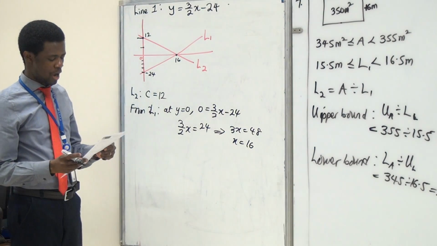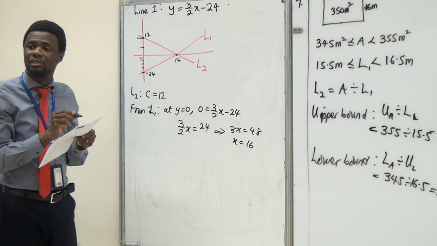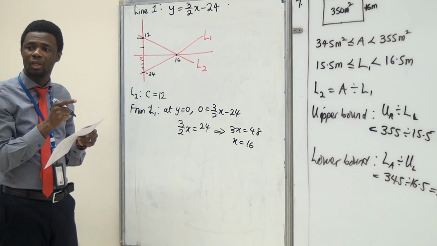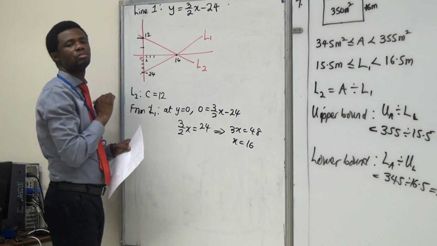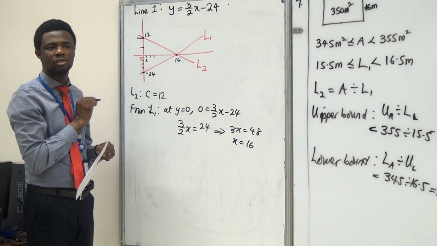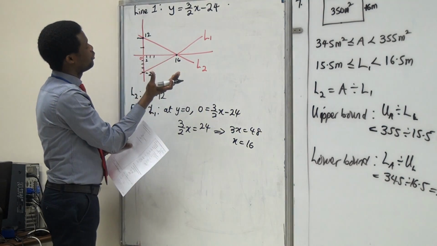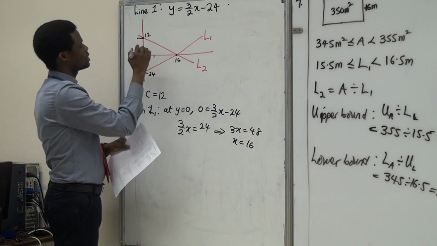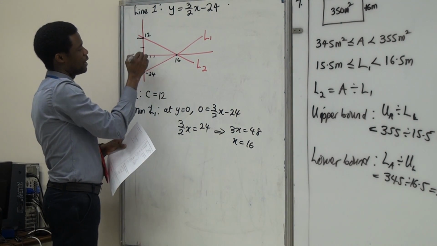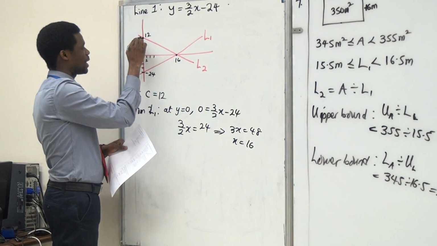Now that we are sure this is 16, we count how many lines to get to that. How many are they? They are 8. So if they are 8, then each of these is 2. Does it make sense? Yeah. Now that we know each of these is 2, we could get the gradient of L2 now, because we know the change in y and the change in x. Can you see that? If I consider just this part,